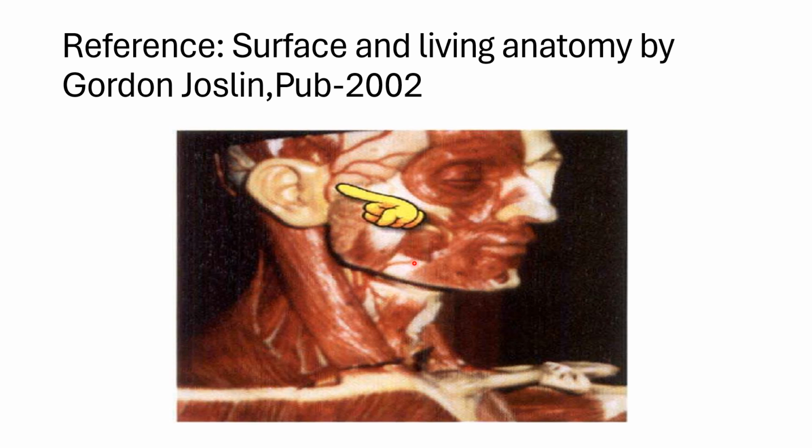And then the second important one, the facial artery, this one here. Where will it be palpated? Against the antero-inferior border of the masseter muscle, in front of that border. We need a bone below it to palpate, so against which bone? Against the bony surface of the mandible. This is the mandible here. You find this artery about 1.5 to 2 inches away from the angle of the mandible. You will find the place of the facial artery. This can be asked to palpate in living anatomy of head and neck.